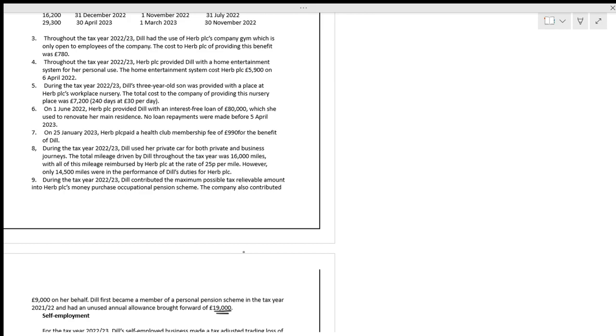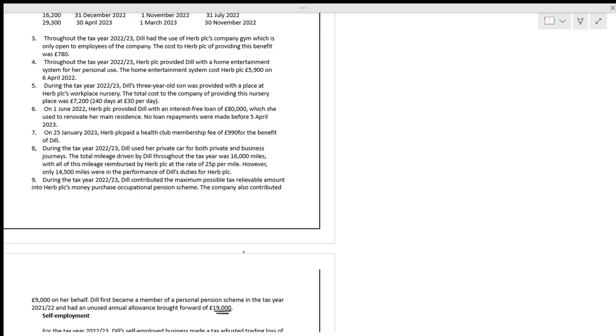Is it right? Now, if it is 19,000, see the pension scheme limits in that paper which has been given as the rules. How much is the annual allowance? 40,000 pounds. Minimum allowance is how much? 4,000. Threshold income limit is 200,000. Income limit is 240,000. And what is the lifetime allowance? 1073. The maximum contribution which can qualify for tax relief without any earnings is 3,600.